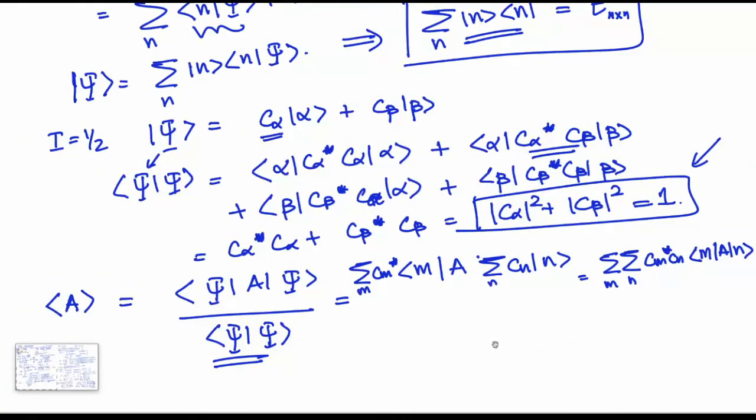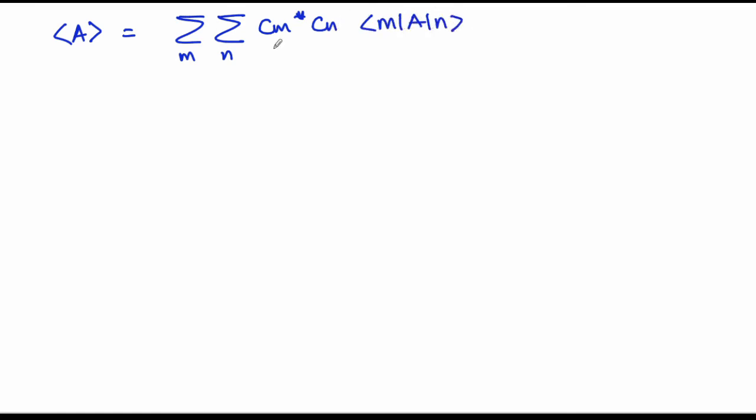So going back to whatever we had earlier, we are able to appreciate the fact that these elements are known to us provided we know the nuclear spin state that we are talking about. The moment we are able to determine these coefficients, your game will be done. So let us start from there. The expectation value would be given by a double summation over m and n, Cm star Cn, bra m A ket n. Since this has the time dependence, this can also be written as another operator called the projection operator, which is given by